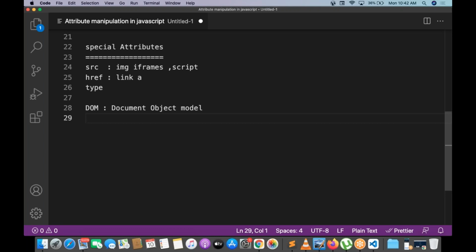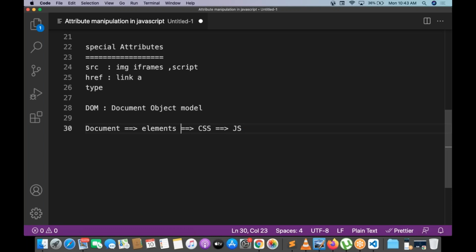In DOM, document is a very important object. Document is the user interface element, UI element, where the user is able to interact. That is called a document. On top of the document, HTML elements are there. On top of the document, we will be having a lot of elements. On top of elements, we are going to be writing CSS. On top of this HTML, CSS, we are going to be applying JS.